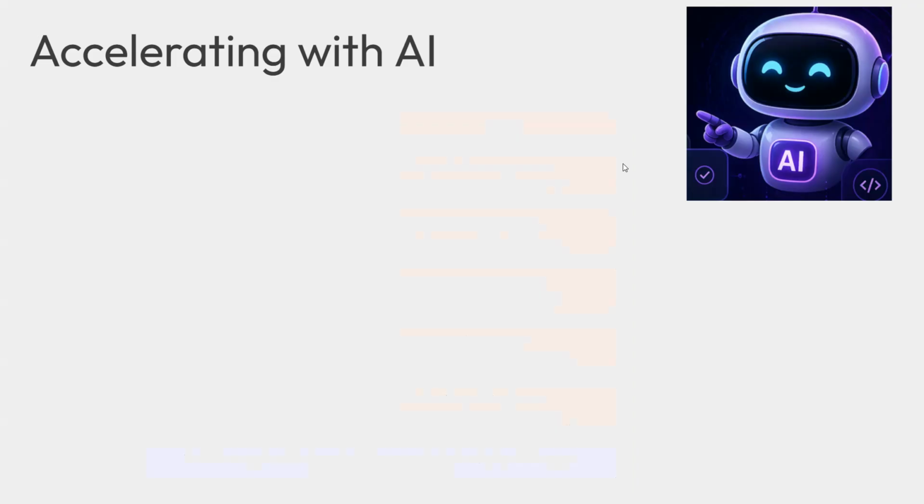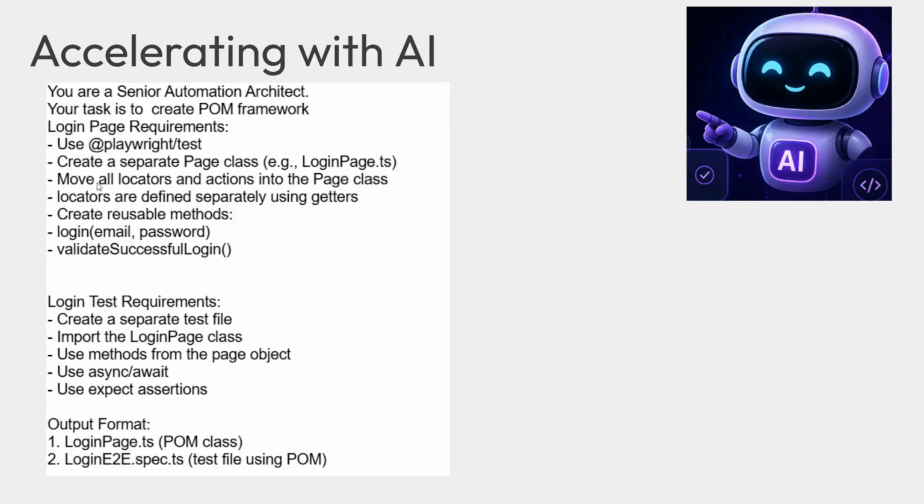All right, so having understood the difference between the two, we will take the help of AI to write the code of the getter method. The only change I am making to my prompt is saying that locators are defined separately using the getter methods, whereas earlier I had written to use the constructor to initialize the elements. So that's the only difference; the rest of my entire prompt remains the same. Let me copy and paste this prompt into Claude, and we should be able to generate the reusable getter methods.